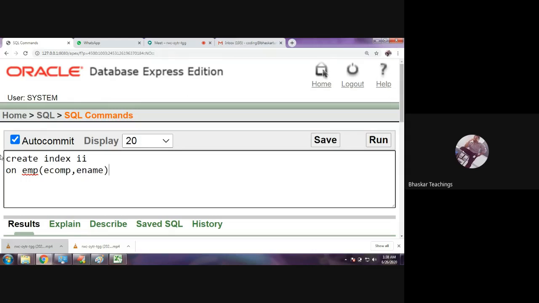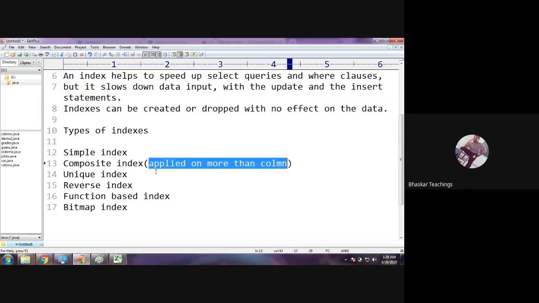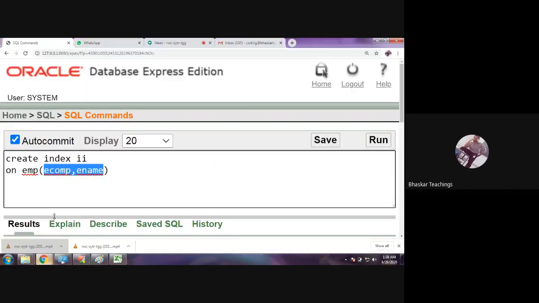I'm applying a composite index on e company and e name, a combination of the columns. When an index is applied on a combination of columns, it is called a composite index. Fine. So let us run it. The index name is II.